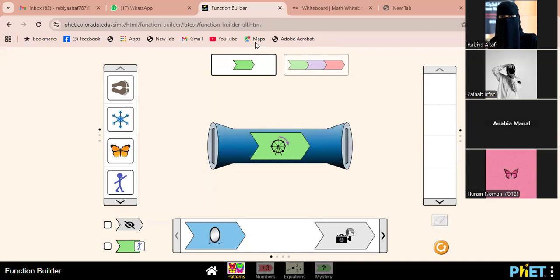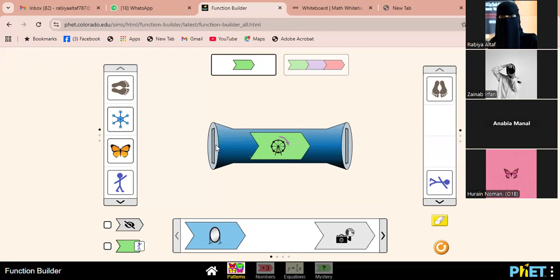Okay, we are talking about function. A function is basically a mapping in which for every input we have exactly one output. Like you can see over there, this is a function machine, and the operation of this function machine is to rotate every shape. Like if I put this as an input, it will give us the rotation of this whole image, right? If I put this as an input, I will get this output.